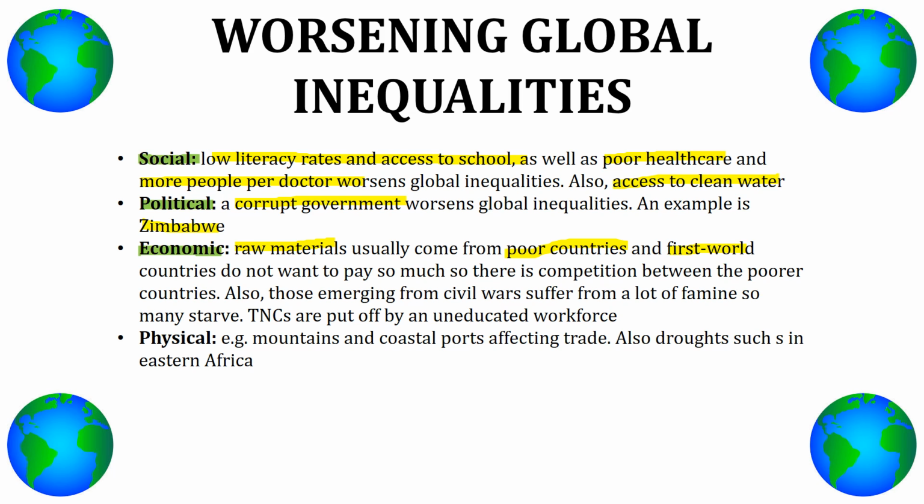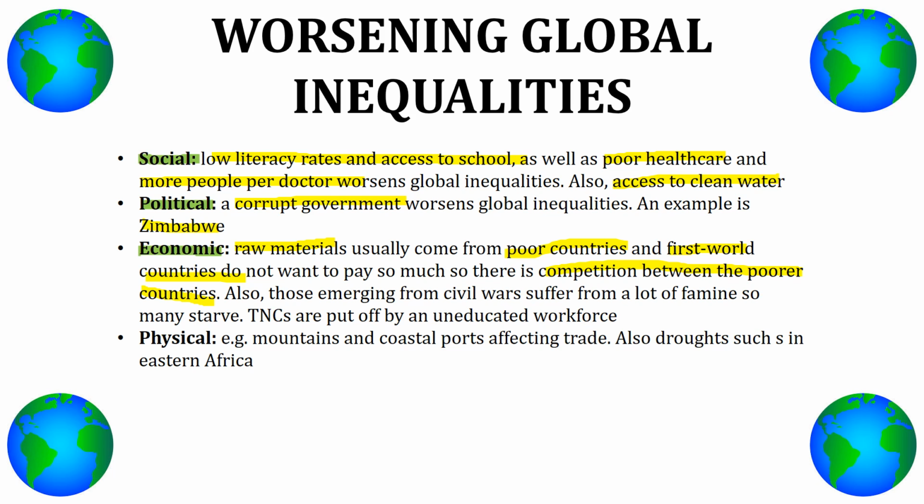Basically, the first world countries don't want to pay so much for these goods, so there's competition between the poorer countries, because farmers need to gain some sort of income. They need to have a sustainable standard of living or sustainable production in their job, so they do need to gain an income. And because of the competition between the poorer countries, prices are gradually decreasing over time, so it's just not sustainable for their income. And also